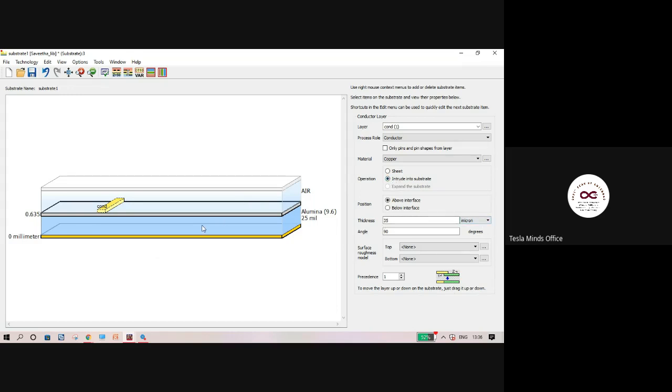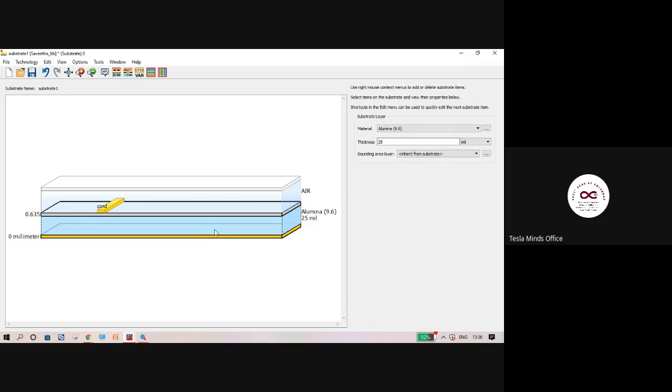Then I click on the blue color slab. When I click on the blue color slab, that is the dielectric material. Dielectric material is neither conductor nor insulator, right? So it's a semiconductor-like dielectric material which does not normally conduct the electromagnetic wave.